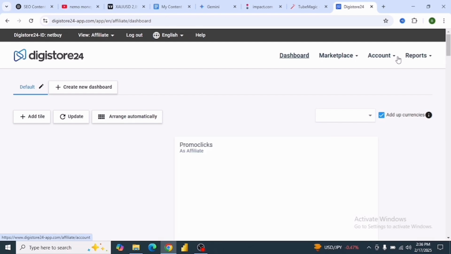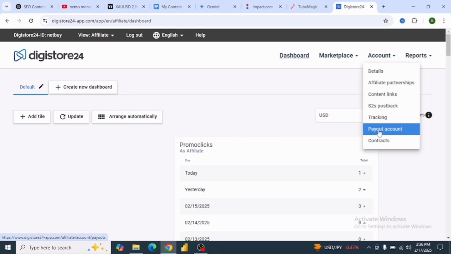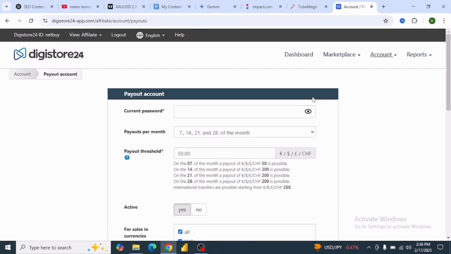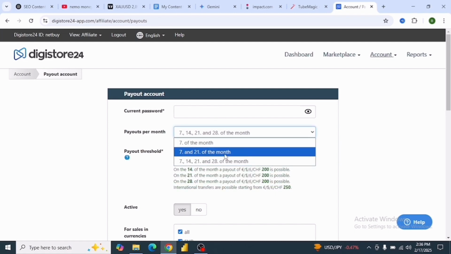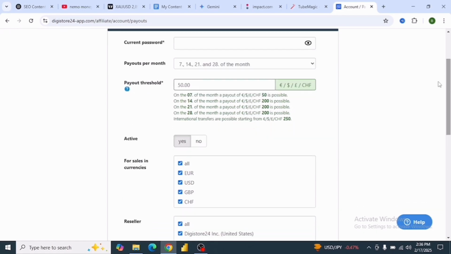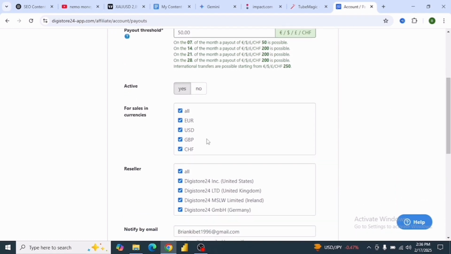You will click on account and then click on payout account. So for you to receive money, you need to open a PayPal account, and then you enter your password, and then payout per month. You will choose this one so that you can be paid any time of the month in those weeks, and then minimum threshold 50 US dollars, and then click yes, click all,